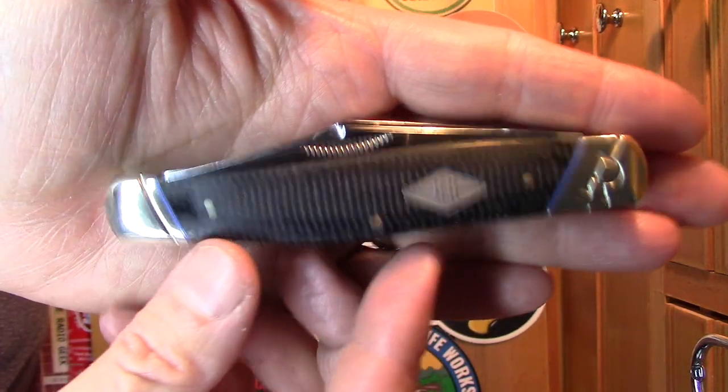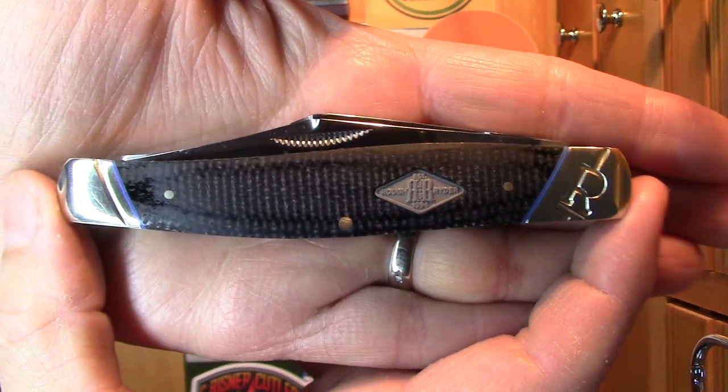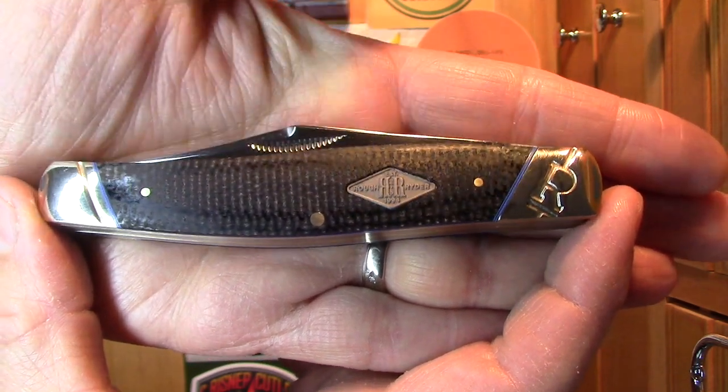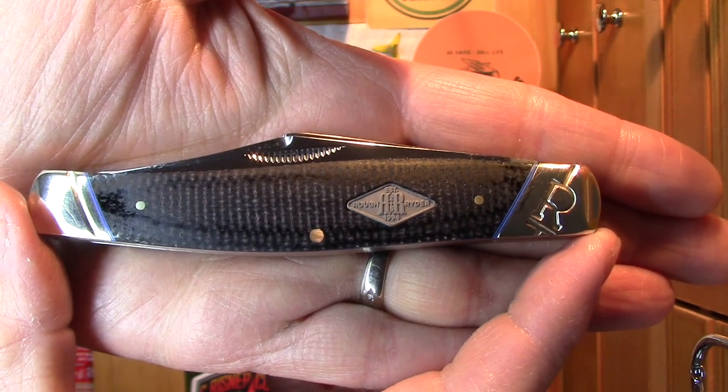So all in all, I'd say it's a pretty nice knife, barring the small issues that I had for this particular one. I think it's well worth looking into. So anyway, this is the Rough Ryder